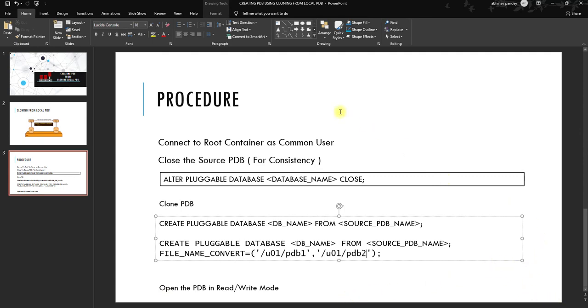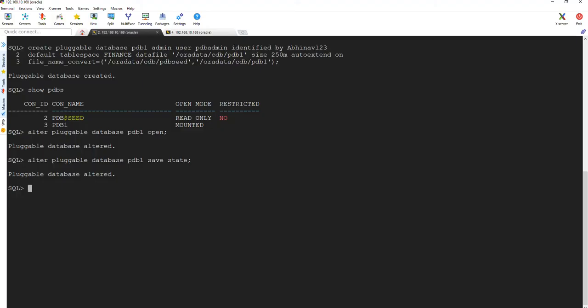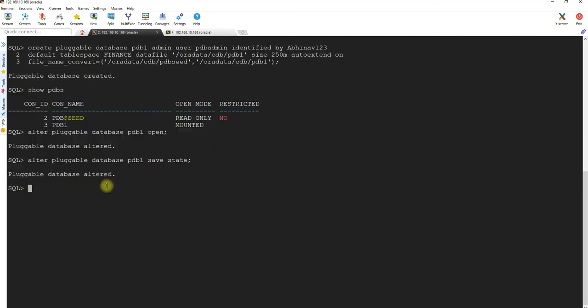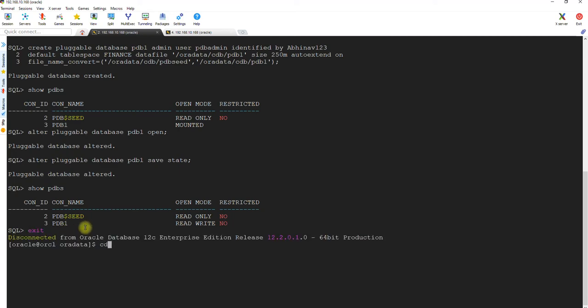So let me bring in my SSH client. Okay, so this is where we left off last time. Let me clear the screen. Let's check show PDBs. So currently PDB1 is the one we will be using as source database. Okay, and the location of PDB1, as everyone might be knowing, is